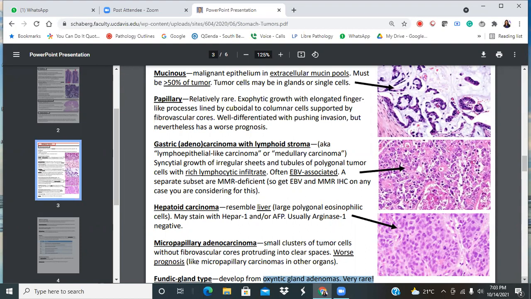Is it nice looking crypts, versus do I have diffuse crypt architectural distortion? You know what I mean? So the way I'm going with this: do I have active colitis only? Do I have chronic active colitis only? Do I have a completely normal colon? And if I have a completely normal colon, where does my eye go?